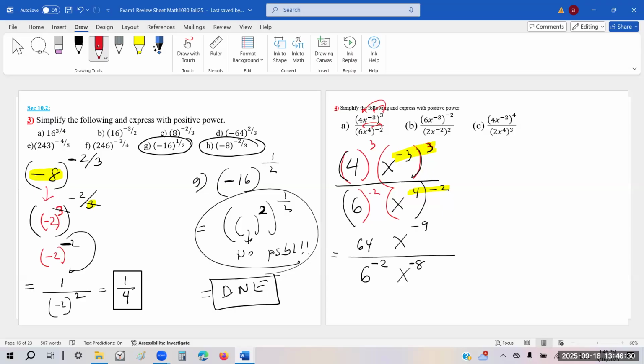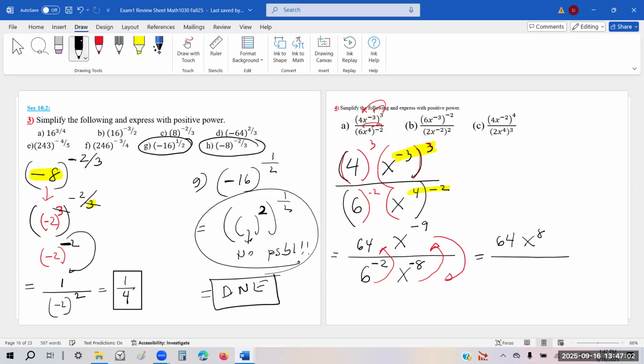Do the same thing here. X has a negative power, kick it out from the top. It goes on the bottom. Negative 8 is on the bottom, move it up. And then 6 has the negative power, move it up. Any negative you see, switch them around. So you get 64, that doesn't have any problem. That's the only positive thing we have in our life in this question. The rest,